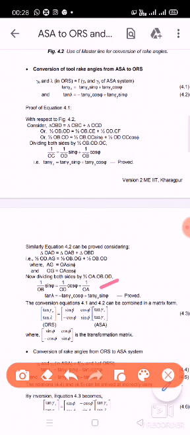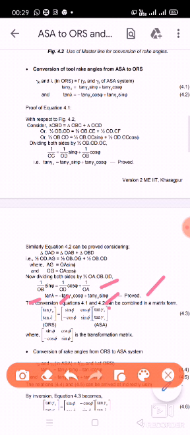You know OA equal to cot lambda. So 1 by OA equal to tan lambda. OD equal to cot gamma X. So 1 by OD equal to tan gamma X. OB equal to cot gamma Y. You will get 1 by OB sin phi equal to tan gamma Y sin phi. This is the second equation.